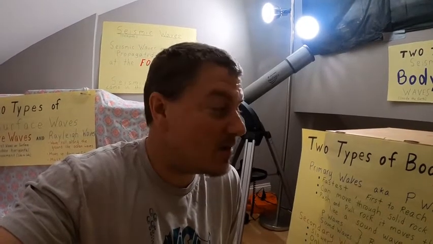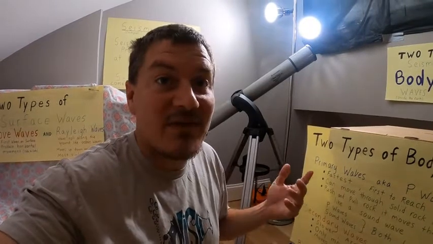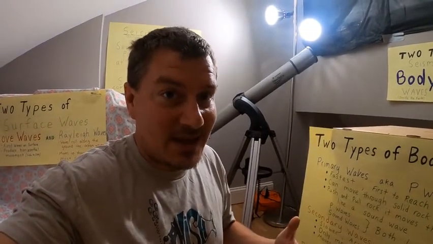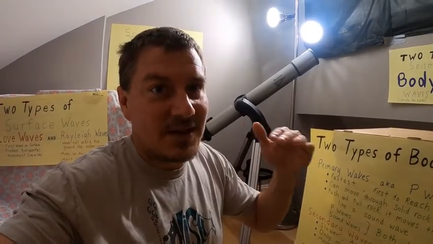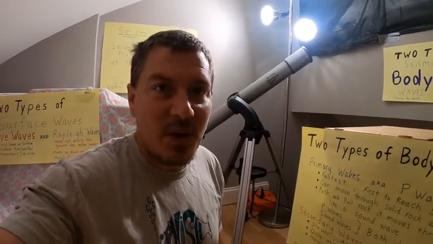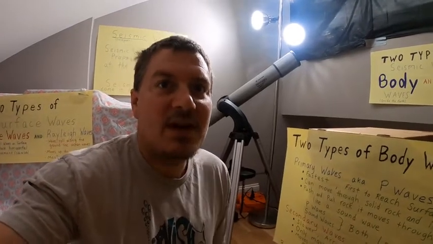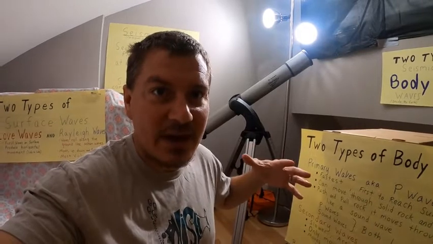But for primary waves, our key term there, primary, means that they are going to be the first wave. So it's not that they are the first wave that's made in the earthquake. It's that they are the first wave that's going to get to the surface. So if these two types of body waves both happen at the same time, at the instant that the earthquake happens, these two types of body waves are shot through the ground of the earth, through the insides of the